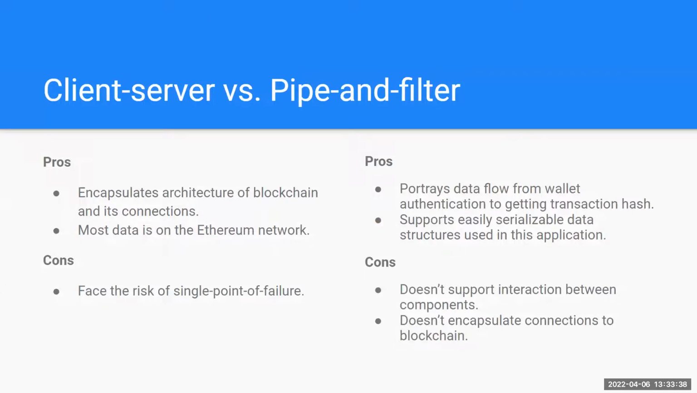So, pros and cons between the client server model and the pipe and filter model. The pros with client server is that it encapsulates the entire architecture of the blockchain and its connections. And what I mean by that is it shows the entire blockchain and how they interact together. Another pro of the client server model is that most data is on the Ethereum network, which allows the application to be light and deployed on many